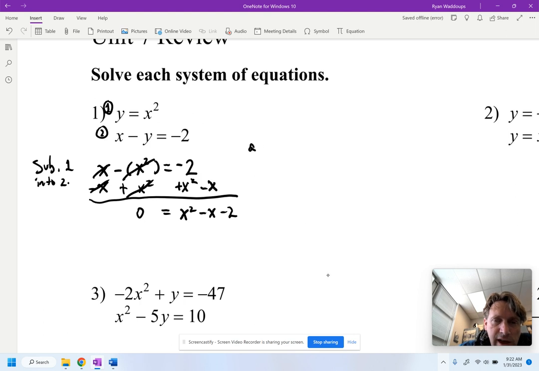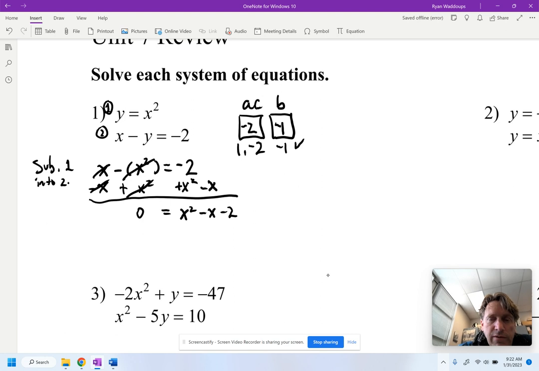So I say AC, AC is 1 times negative 2, or negative 2. And B is negative 1. And so I think, what numbers can I multiply to get negative 2? That would be 1 times negative 2 would be negative 2. And 1 plus negative 2 is negative 1. So those are the numbers we're looking for. And then we can jump straight into our factors because the A value is 1. We can say